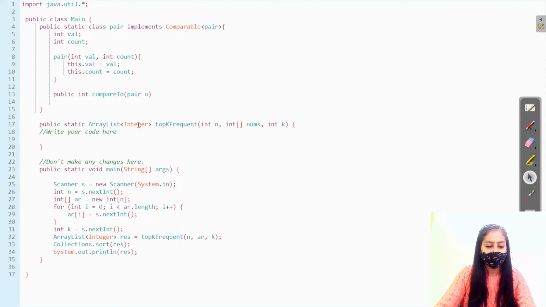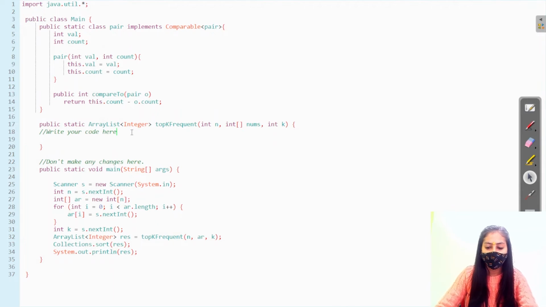So this will be returning that.count minus this.count. So how will they be compared? On the basis of count, right? The order is that.count minus this.count, that is the pair minus the current object. So they will be compared on the basis of count now, right?